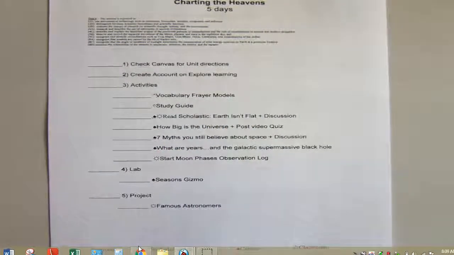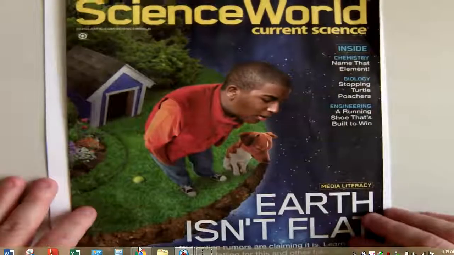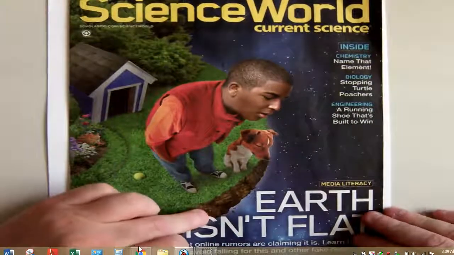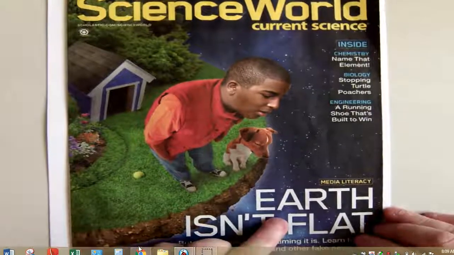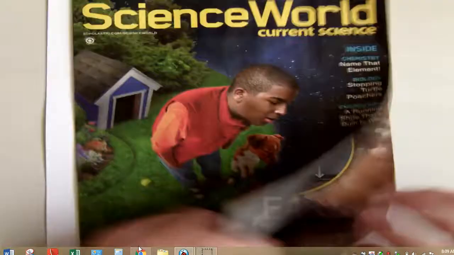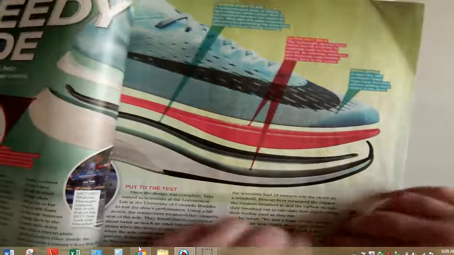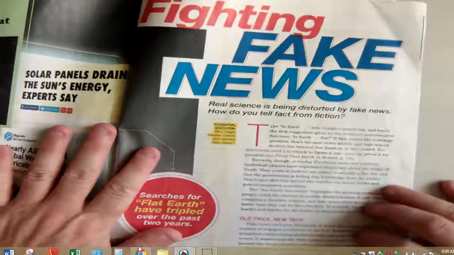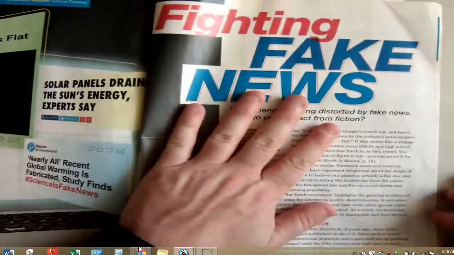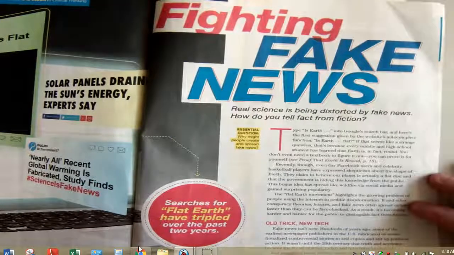So I may put it in the unit down the road, but for now I have the magazine here. So this is the magazine we're looking for. It'll be a stack right at the back of the room. Earth Isn't Flat. You don't have to read the whole thing. So we're going to flip to the page we want to read, which is this, right? This is the article. You're going to read this page. I believe it's page 15,